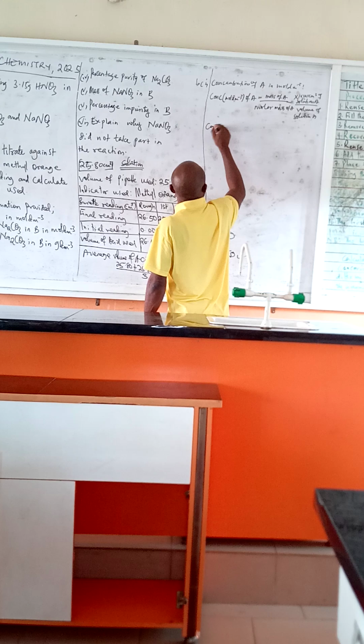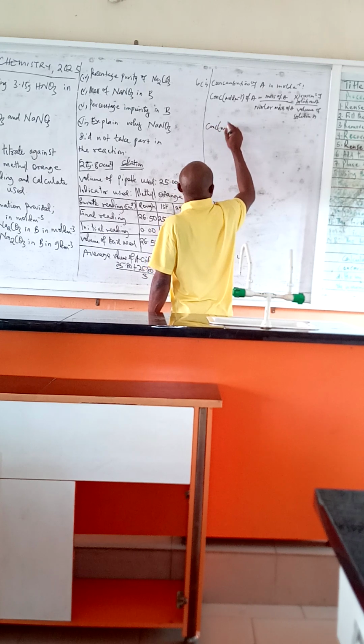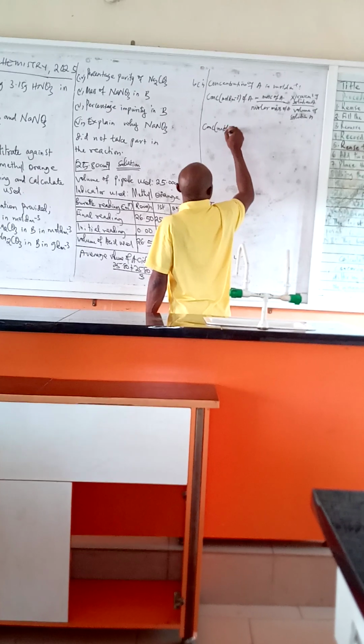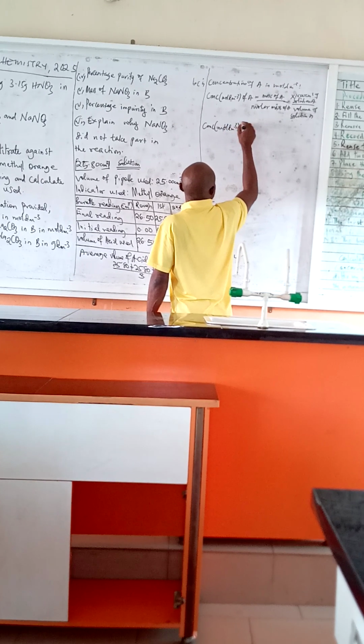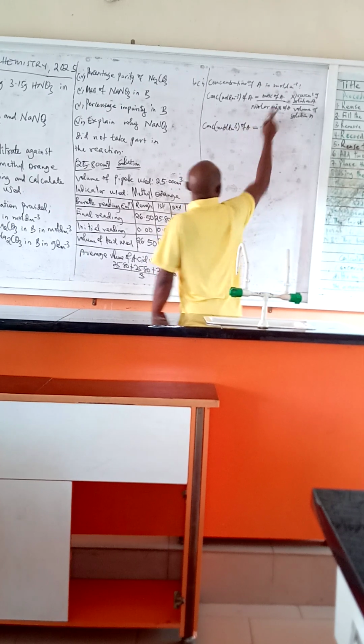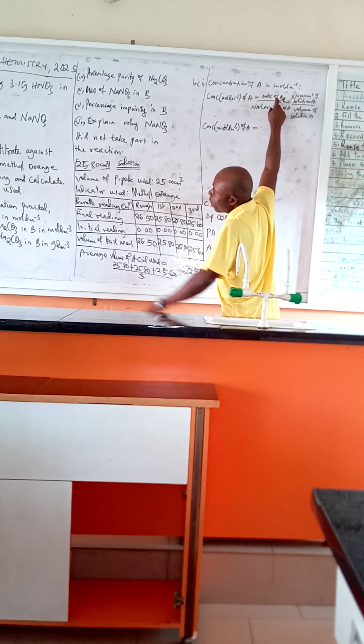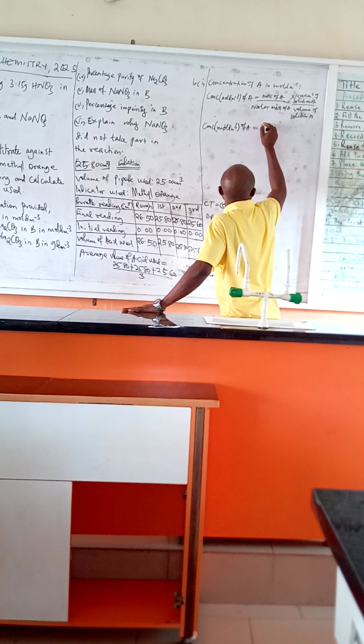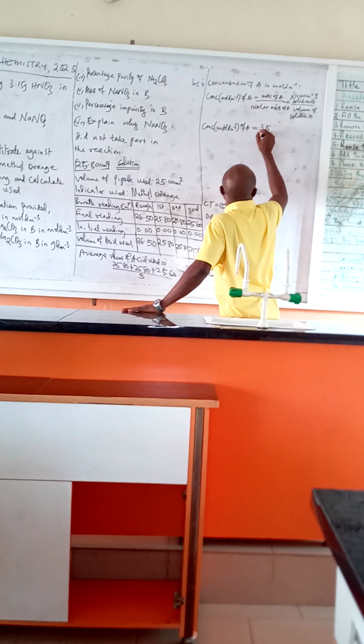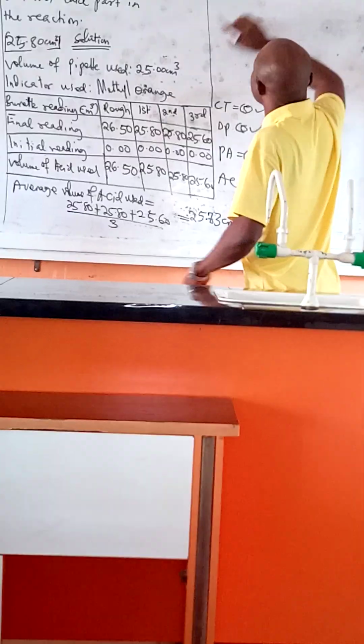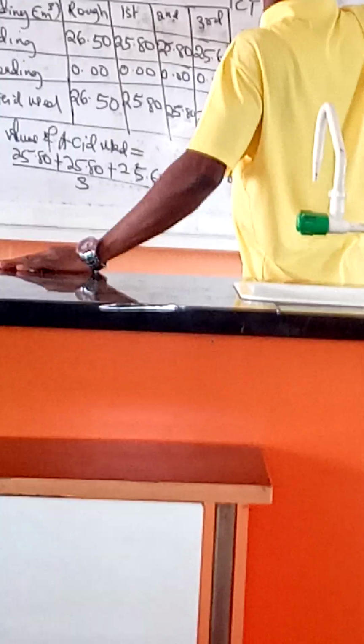Which means that conc. in mole per dm³ of A will be equal to, from the equation, mass of A is given as 3.515. Then the molar mass of A